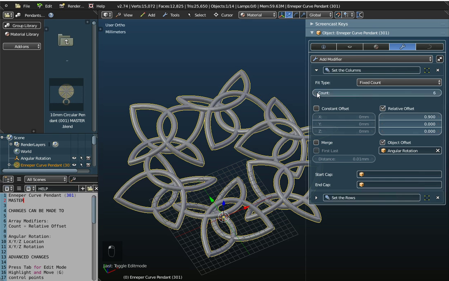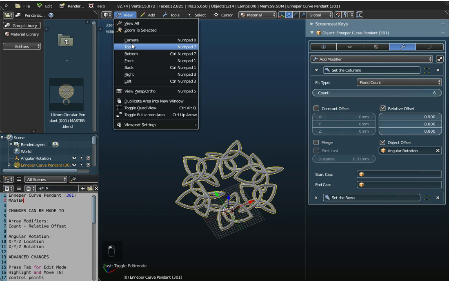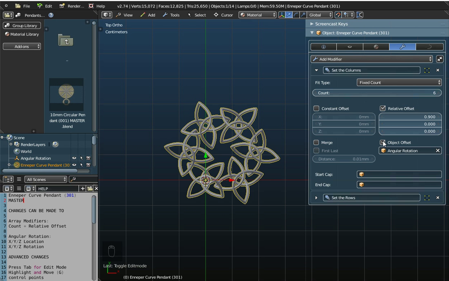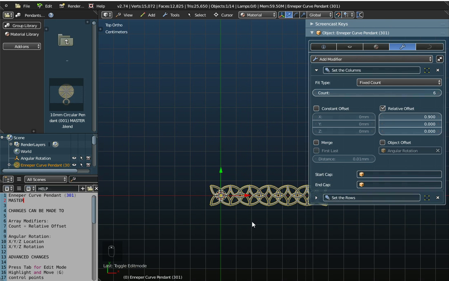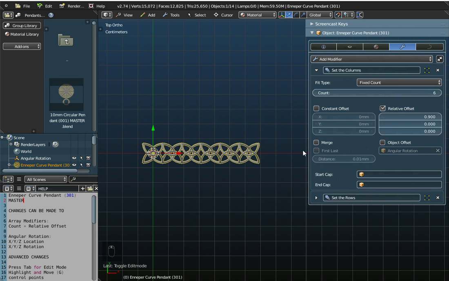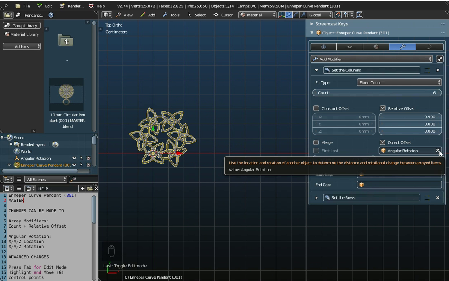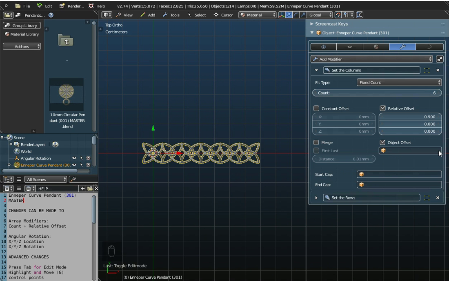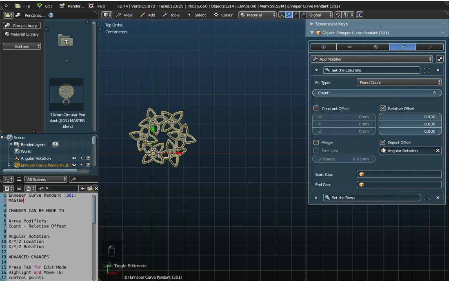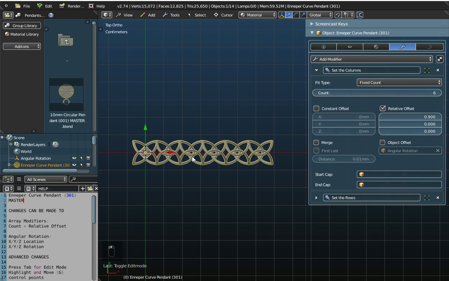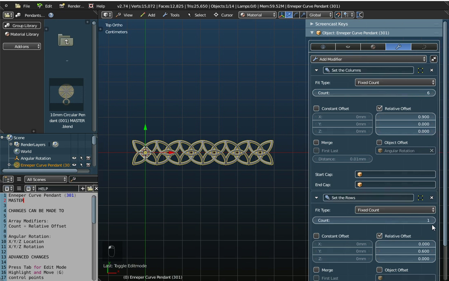So do be very careful if you're using this circle command that you don't go on top of this object here. Now if you want to switch circle off, you can either remove the tick from the object there, in which case you get a standard array, or you can actually just delete the object from there. So either way you can switch it off, and you can switch on to a column array. You can of course add in rows as well